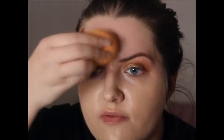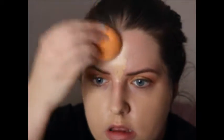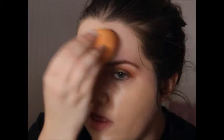Well, there we are. Look how juicy my skin looks, if I do say so myself. Because I'm quite an oily person, I don't really like to use dewy kind of foundations because I feel like it makes my skin even greasier. But lately I've been quite embracing the oil,